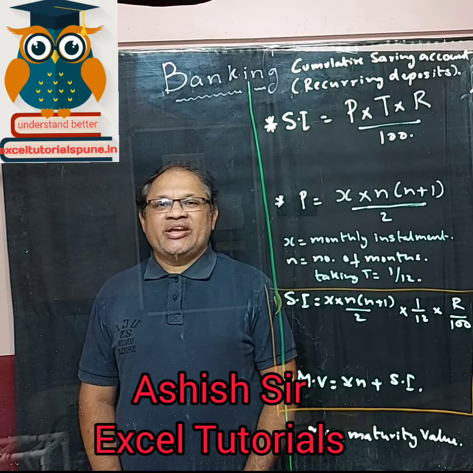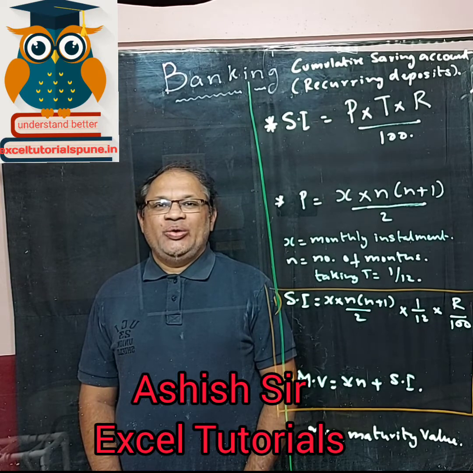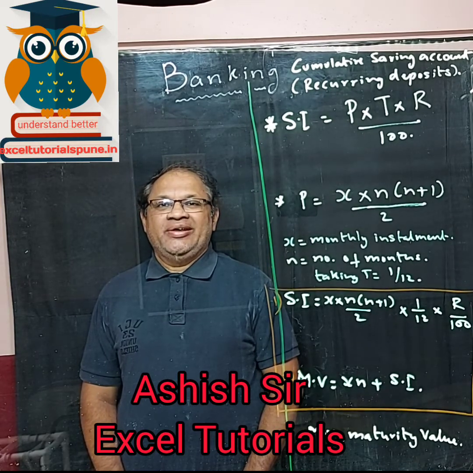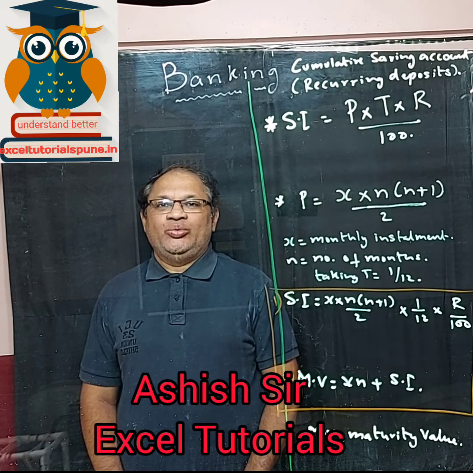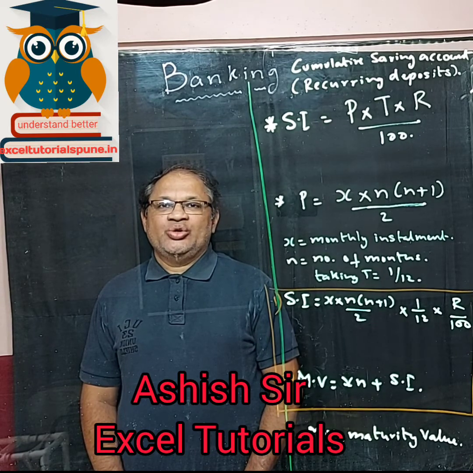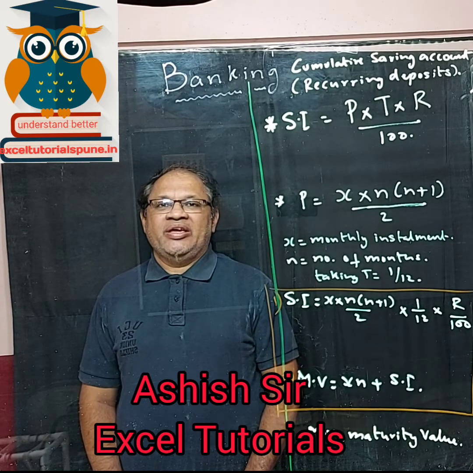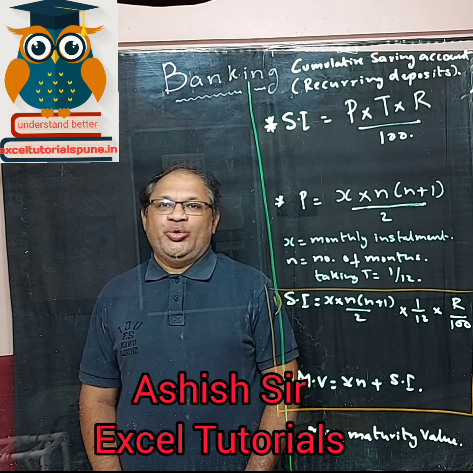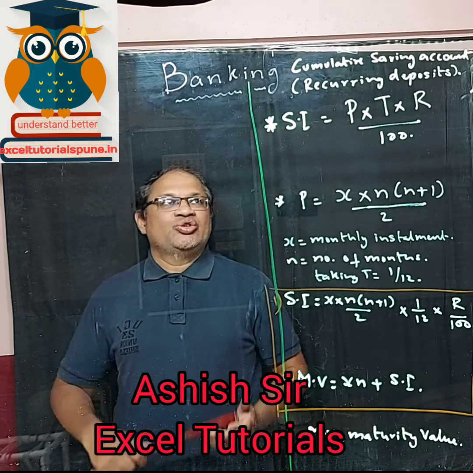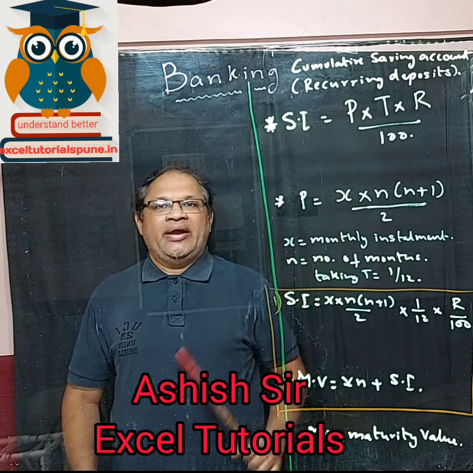Today we are going to study banking. Now each of you, after you finish your education, you'll be earning. Then of course you will be getting your salary in your account. Okay, so most of you will be saving. So now in a bank, the saving account, the formula you already know, that is you get the interest as per the SI. So SI is equal to PTR upon 100.